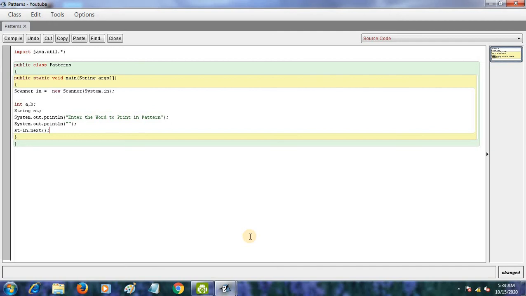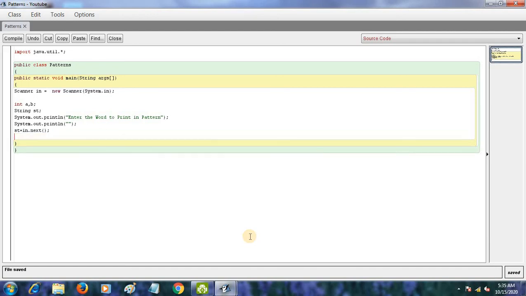So as you know that in scanner we are telling the system that st is a string which we are going to write. And we will assign b as st dot length, meaning the length of st.